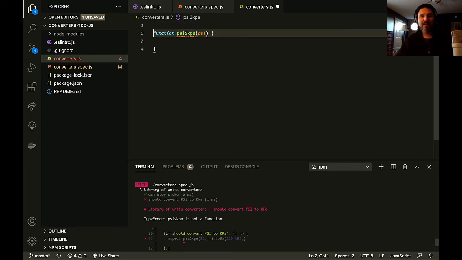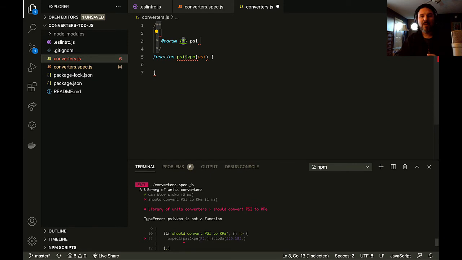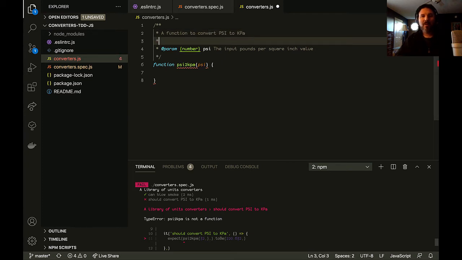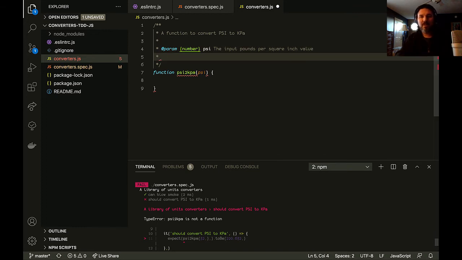let's go ahead and put the documentation for this. So if I do /*, you'll see here that I get a pop-up which says it'll write our thing for us. The param PSI is a number, and it is the input pounds per square inch value, and this is a function to convert PSI to KPA, right? And it also is going to return a number,